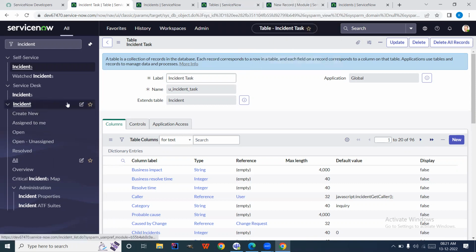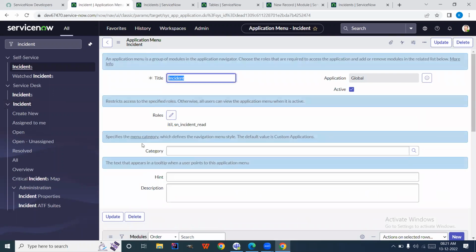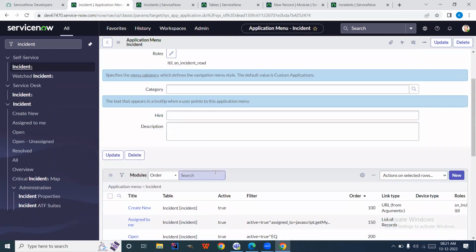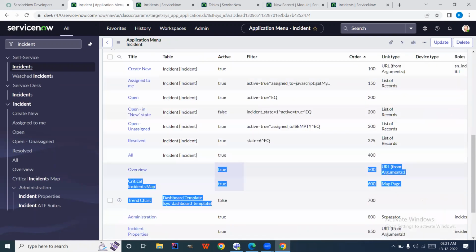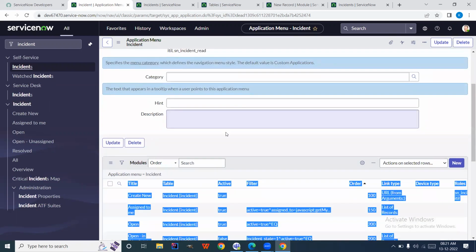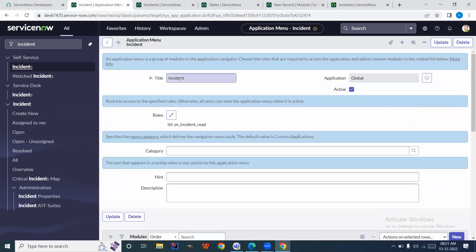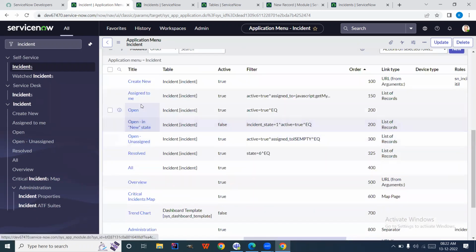So to give you a better idea, see, if I go here, it says edit application. And here if I go, it says edit module. So I'll go to edit application here. So here you can see these are all the modules which are added under application incident. Okay, so this is my application menu, that is incident, and under this I have these modules: create new,